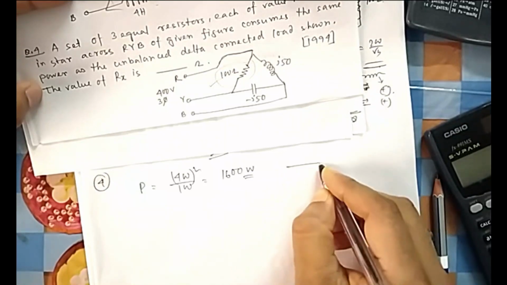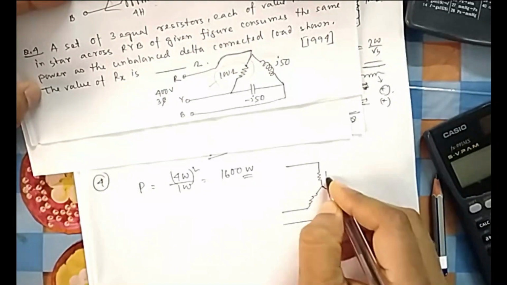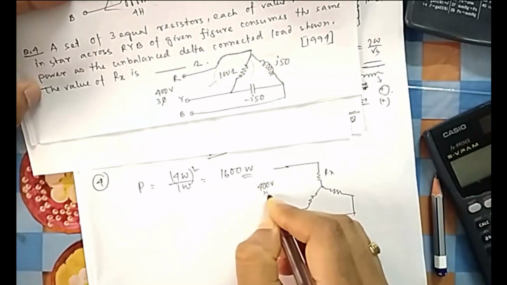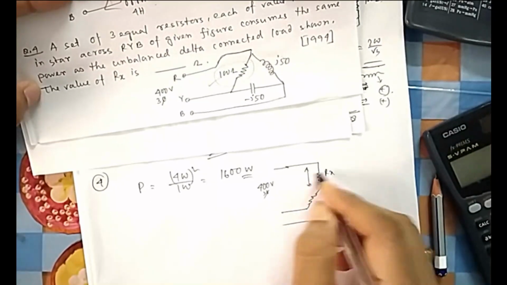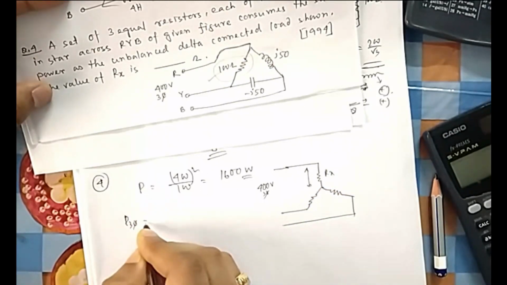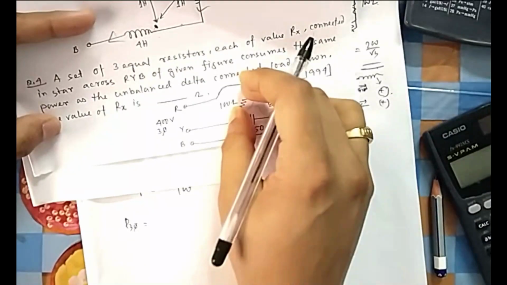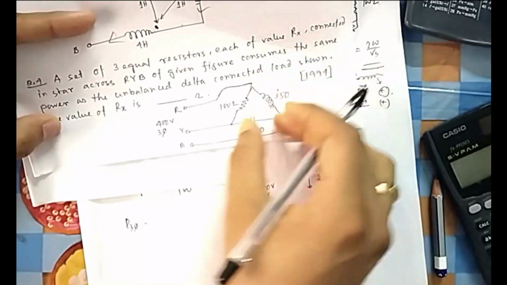Now if you connect it through a star of R, same, but here it is Rx, and the load is 400 volt 3 phase, but 400 here is the line to line voltage. So what is the phase voltage here? So you can use 3 into V, for power in 3 phase you can use both formulas. Here it was single phase coming, because the other 2 phases have no power, only power is coming from this. Otherwise you could have done power of this plus power of this plus power of this.